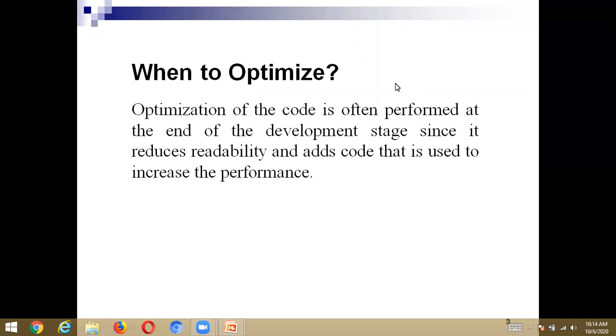For the question of where to apply the optimization techniques, whether before or after the code generation, here I have the answer: optimization of the code is often performed at the end of the development stage, since it reduces the readability and adds code that is used to increase the performance.